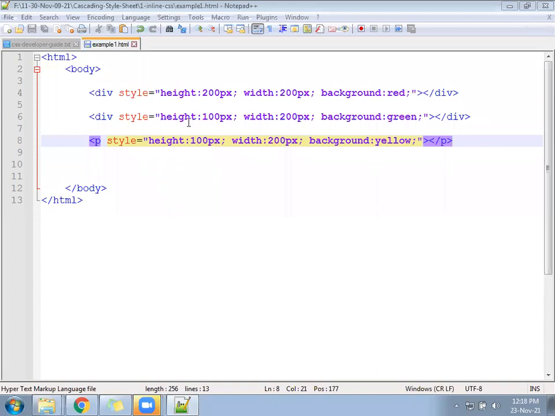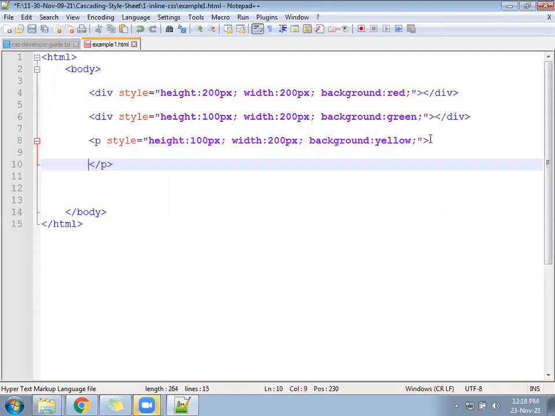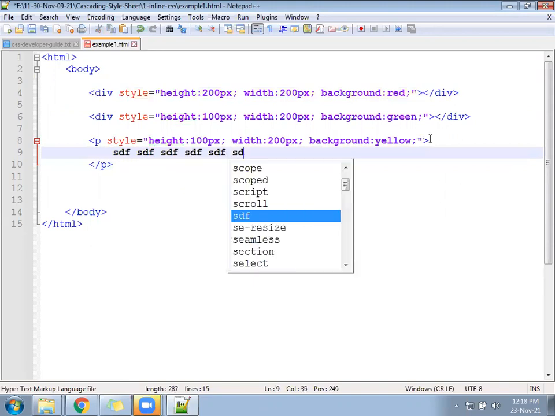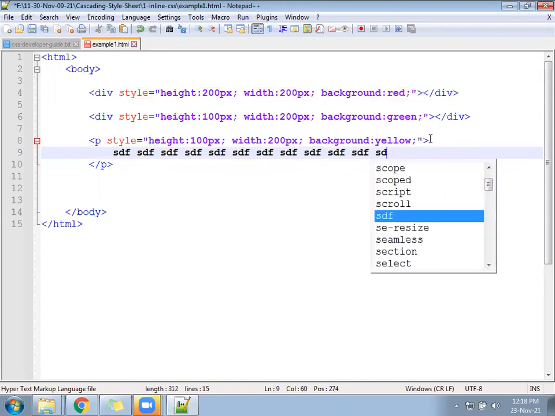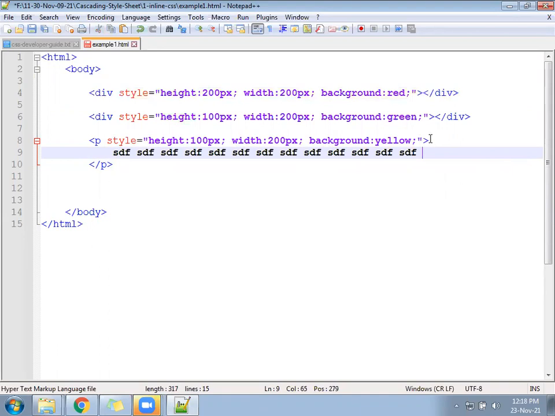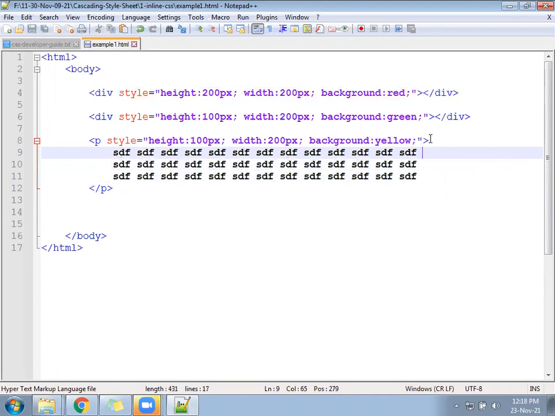Next, see the height. You cannot write only height. Suppose you have written here height is 100 px, width 200 px. For example, if I go under this paragraph, suppose one user has entered less data, the second user has entered more data.